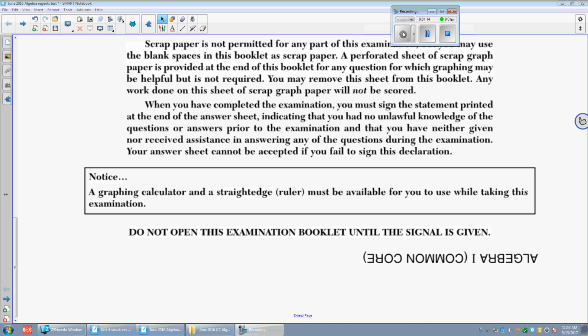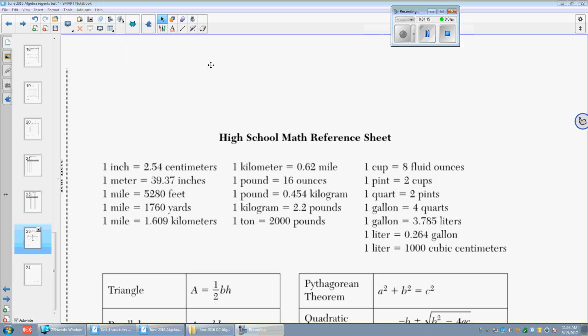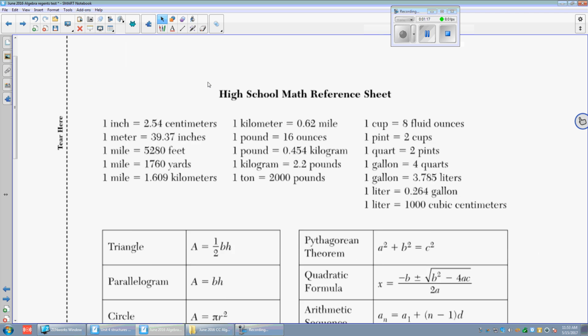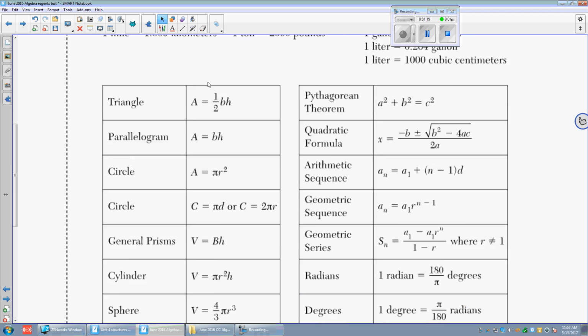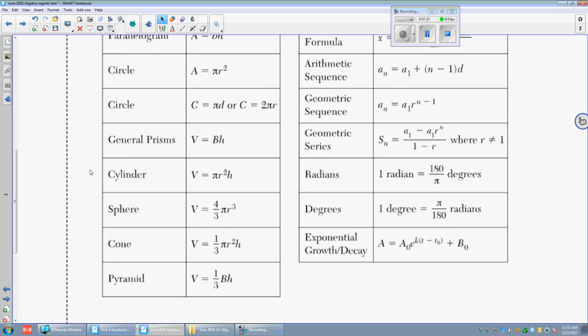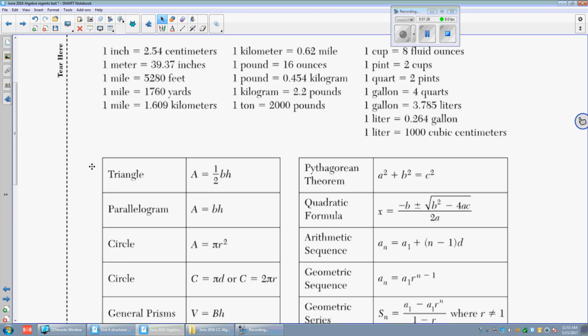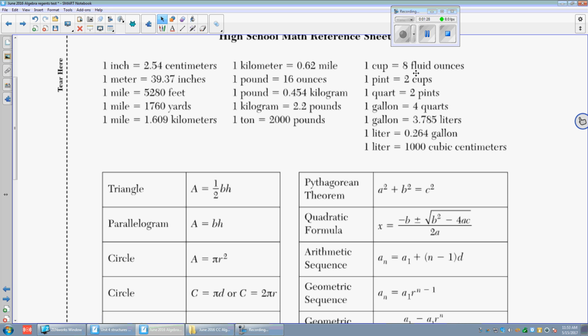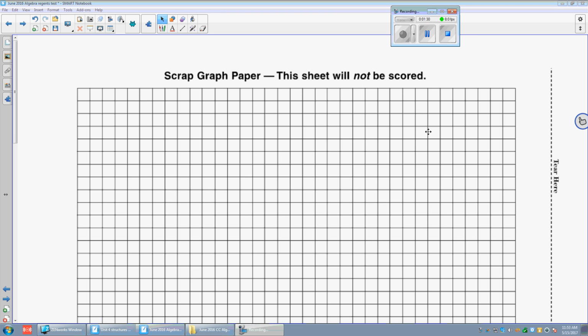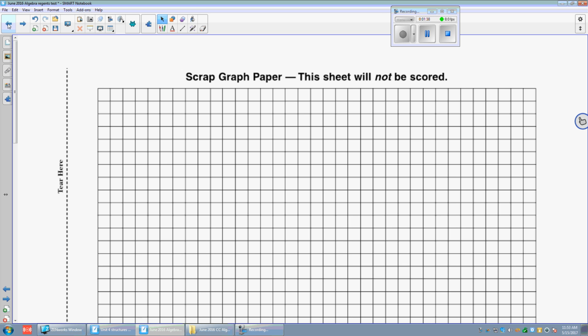Let's take a look at the last page of the book. The last page of the book is the reference sheet that you will be getting, and we'll ask you to tear it off and put it on your desk so that you can use it anytime. They're useful formulas for all of your math classes throughout high school. The page before that is a scrap piece of graph paper. We will not score anything on that, so you can just use it for scrap work